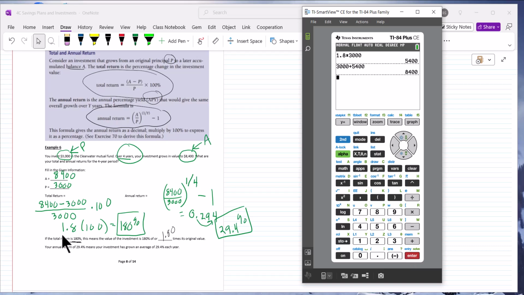So with a 180% total return, you're doing 1.8 times the principal to get the 5,400, and then if you add that to the principal, you get the amount. Does that make sense? Okay. That'll get us through really the majority of this. What we'll be doing next time is starting mortgages, a totally different formula. We'll start learning how mortgages work next class. Then I'm going to give out your